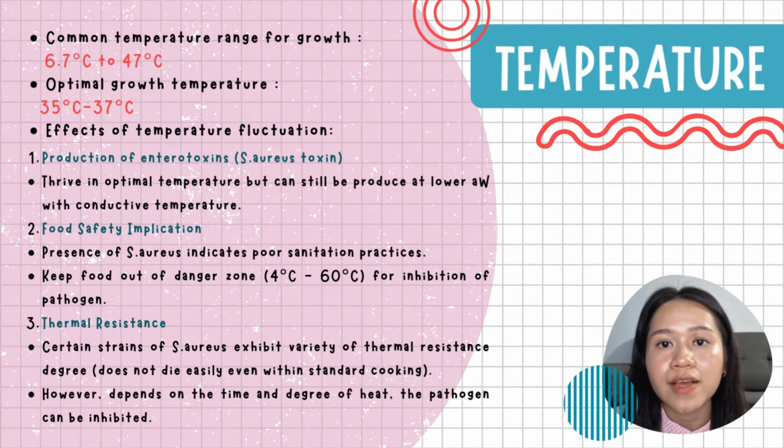Next, I will talk about one of S. aureus' extrinsic factors, which is temperature. The common temperature range for most pathogen growth is between 6.7 degrees Celsius to 47 degrees Celsius. The optimal growth for S. aureus is between 35 to 37 degrees Celsius. Temperature fluctuation will impact the slow production of enterotoxins, food safety implications, and will cause thermal resistance in some of